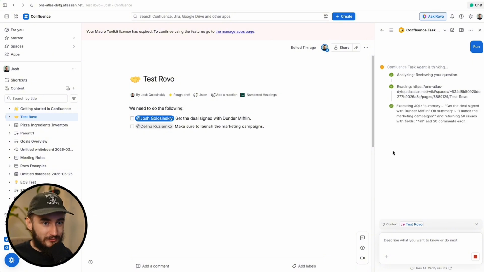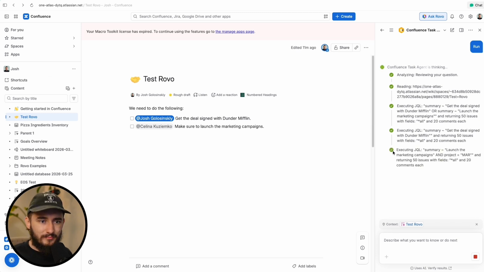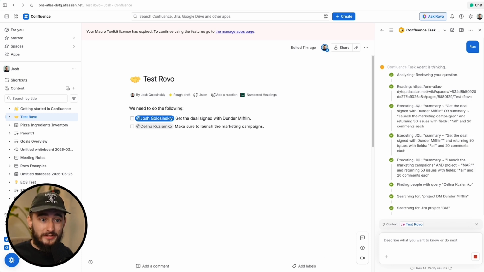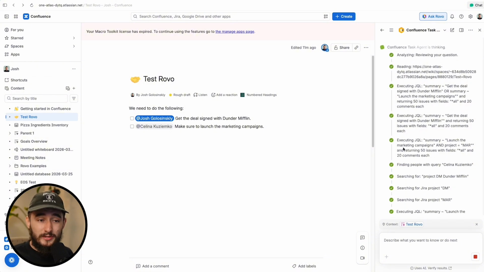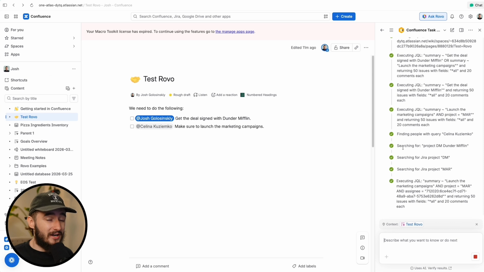Okay, so it's executing some JQL, going through. This should be pretty quick because it is fairly straightforward. And as long as it lands in the right spaces and has the context I need, I'm going to give this a thumbs up. And all I really did was voice dump what I wanted into Claude, get a prompt, paste it, and that agent took me a few minutes to build. And it's going to save me a ton of time every time that we run meetings inside of Jira